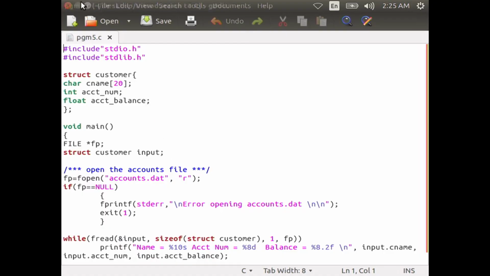So, the arguments to read are the same as fwrite. The fread function will execute until the last read. Now, you compile this program, then execute it. You can see the output.